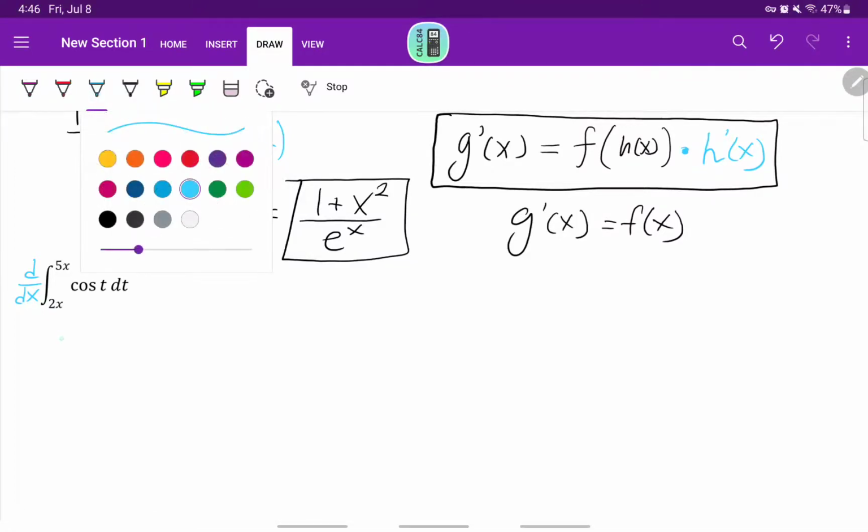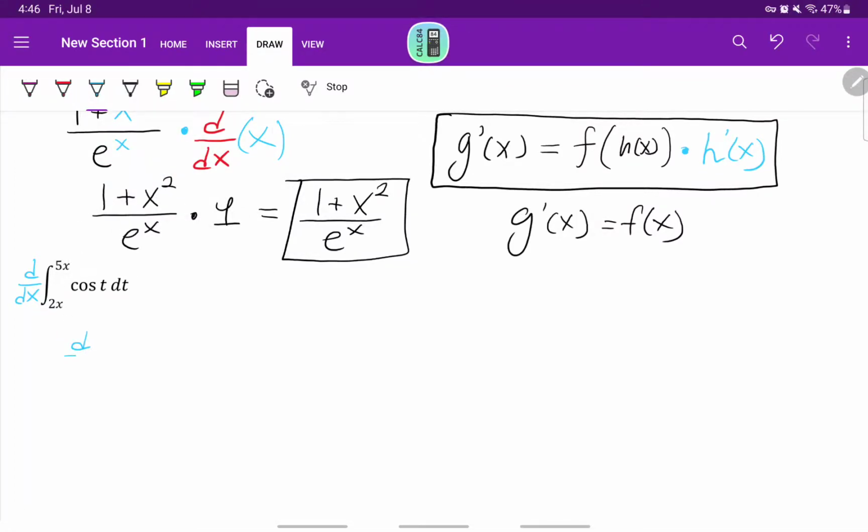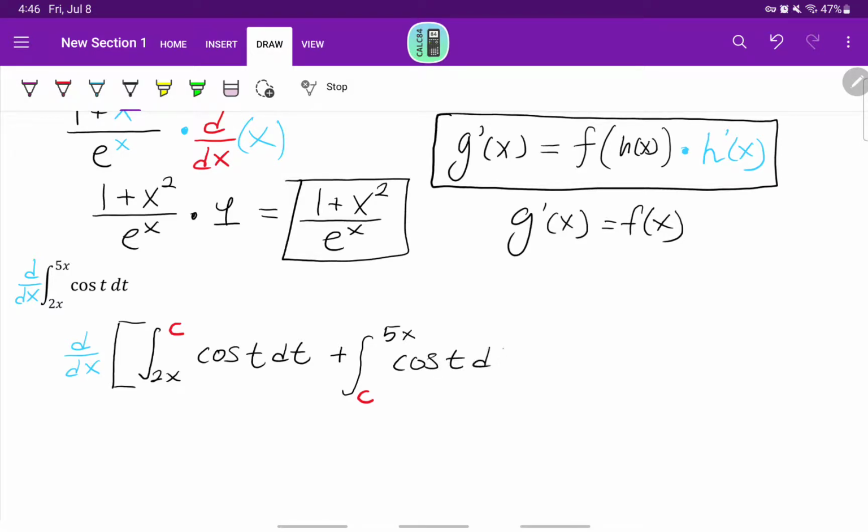So we're going to write this as the derivative, and I'm going to put this in a bracket. That is going to be the integral from 2x to some constant c of cosine of t dt plus the integral from some value c to 5x of cosine of t dt,